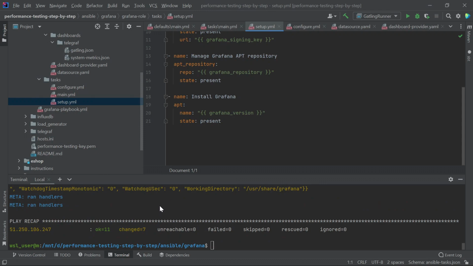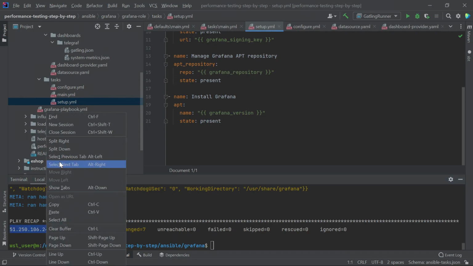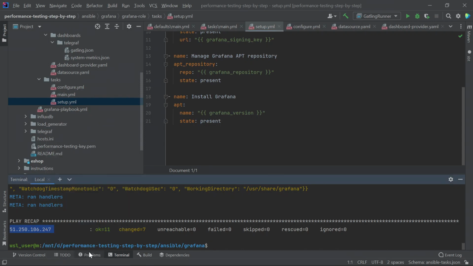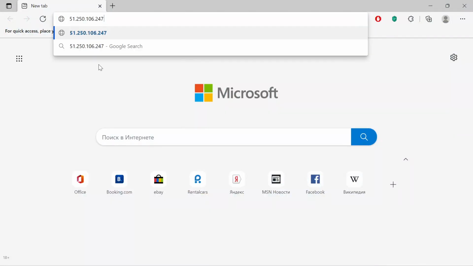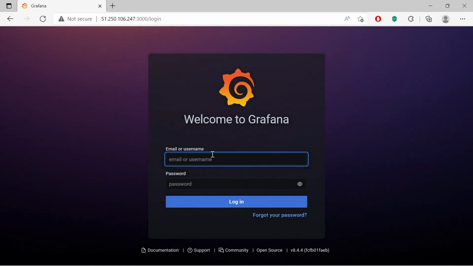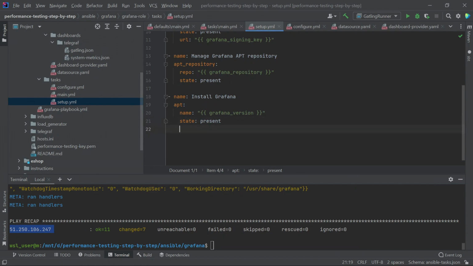It was successfully completed, and now we need to make sure that Grafana was installed successfully. To do this, we copy the public IP address of the machine with the monitor role into the browser and add the port 3000. The default username and password are admin.